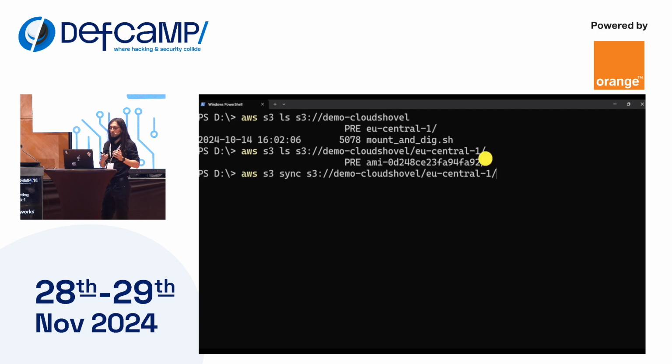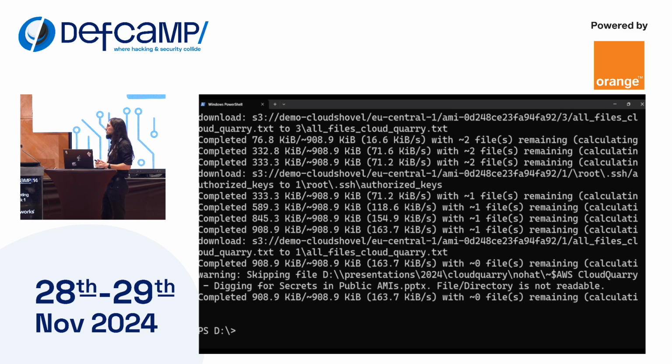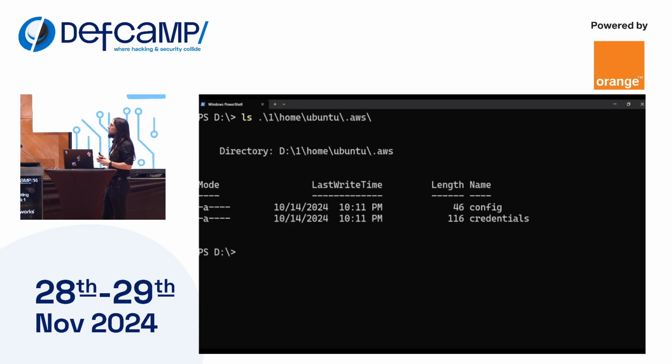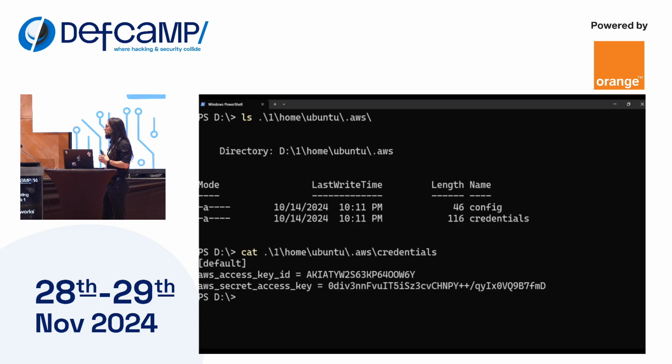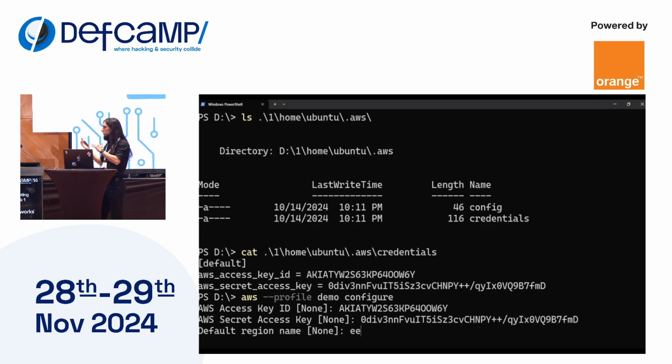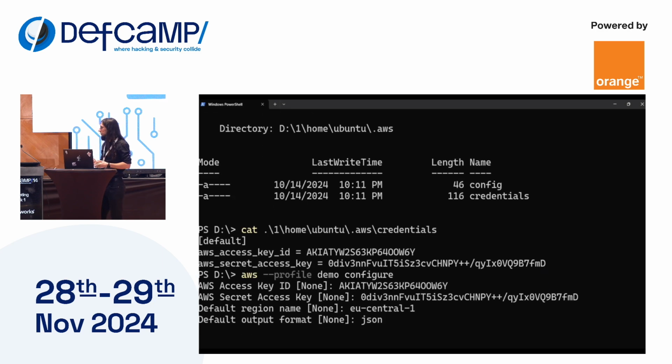Having this many types of Linux instances, volumes, and so on, it's very hard to have a single method that works for mounting absolutely every case. Now we copied all the contents from the bucket locally, and again, searching for the AWS credentials file, we will see that we have another pair of access keys, which are still valid if you want to try it. We left it valid so that you can try something more fun without accessing someone else's data.